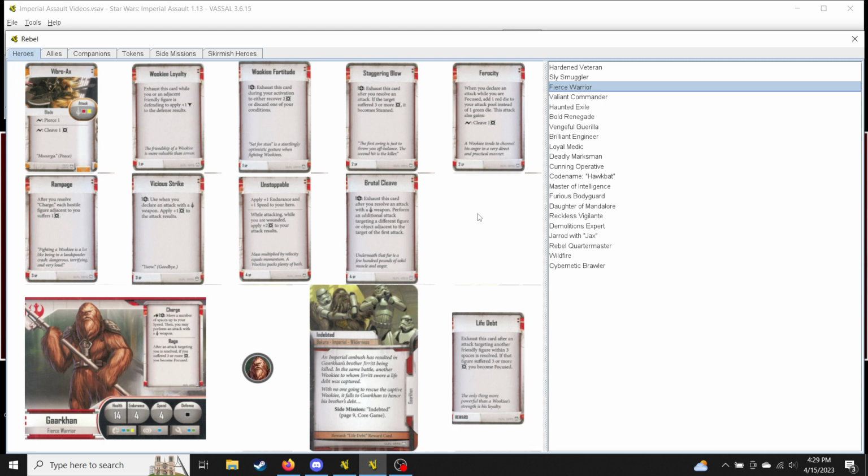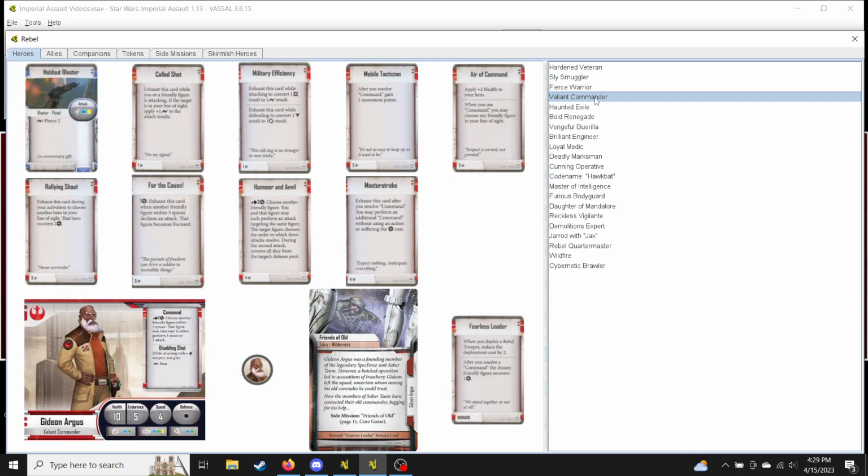Next, we're going on to Gideon, the Valiant Commander. Gideon is the first advanced character we're going to be looking at here. In principle, he works similarly to the Imperial officer, who, remember, can order his allies around to have them do extra things at the expense of his actions. But just looking at the stats, you can see that